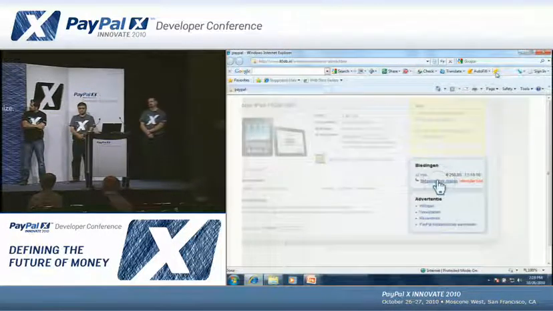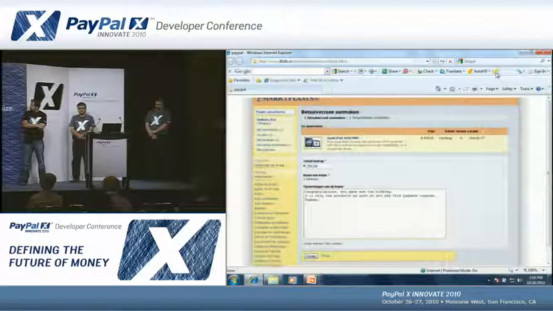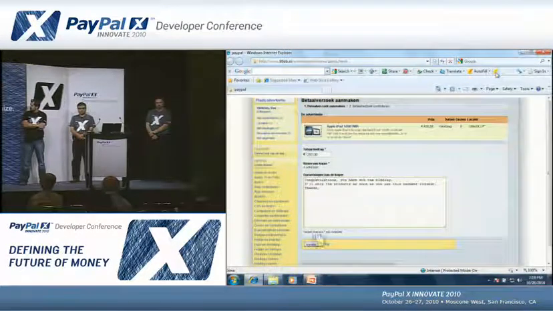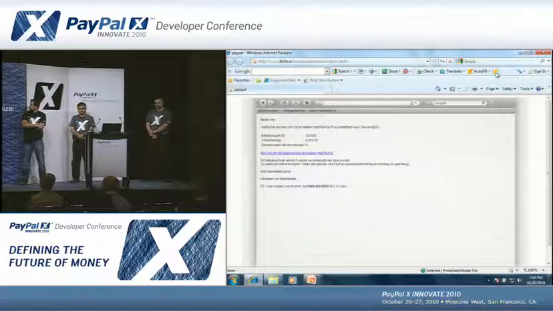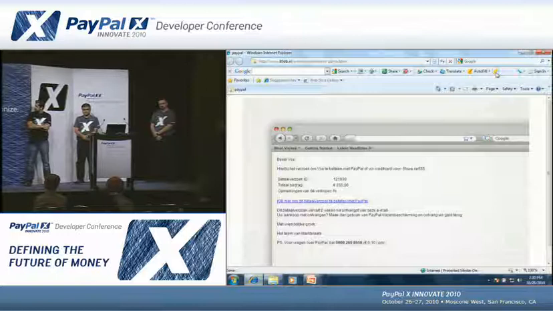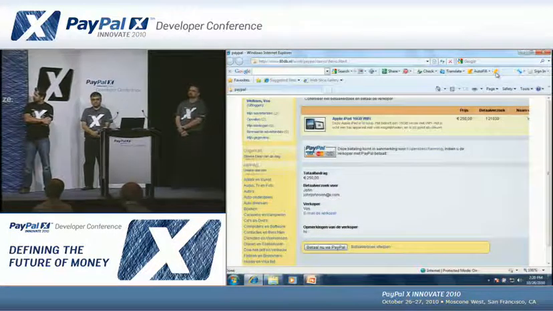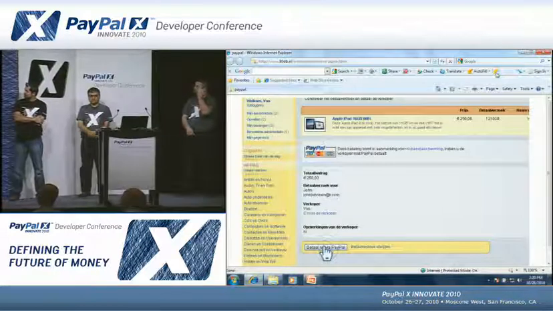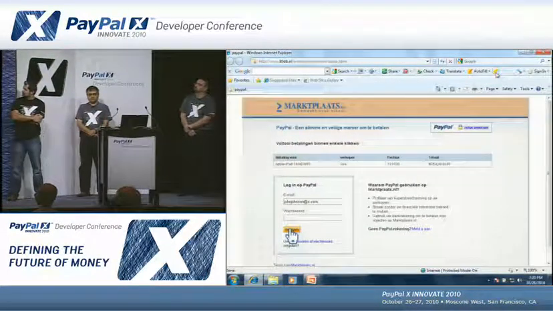When the seller accepts the bid, he can directly create a PayPal payment request to the buyer. The buyer will accordingly receive a payment request email in which his bid is accepted and can now proceed to pay. On Marktplaats, he will see a final confirmation of the product and final purchase price before proceeding to the PayPal checkout environment.